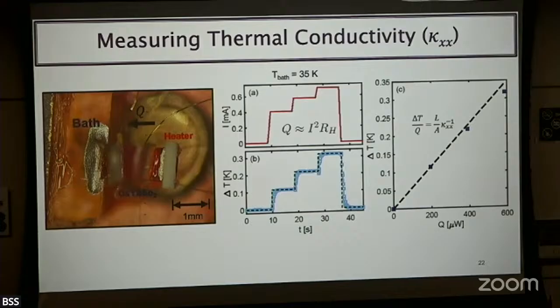Why is the contact bad? Because if the incoming heat does not leave fast enough, the rates have to be the same. How much heat is coming in and how much heat leaves have to be equal. If it leaves the sample slowly, heat accumulates inside the sample, which will increase the entire sample temperature. That's right. Yeah. So the sample temperature is read by the thermometer. This is out of focus, so we cannot see it. One thermometer is here. The other thermometer is over here.